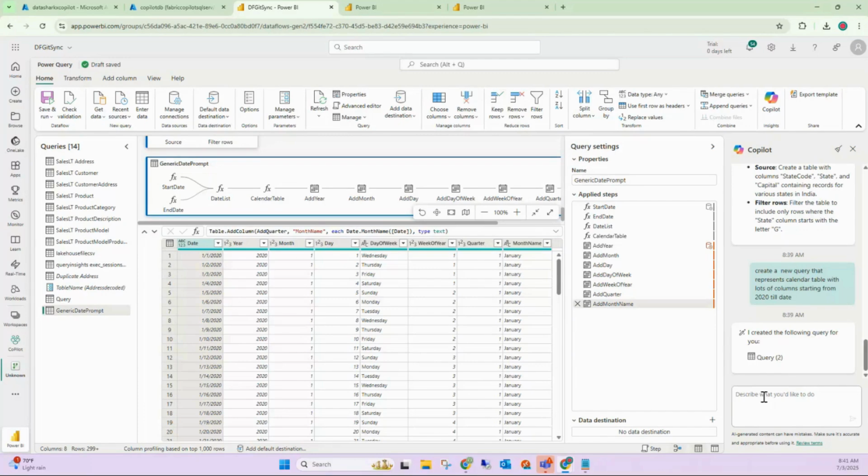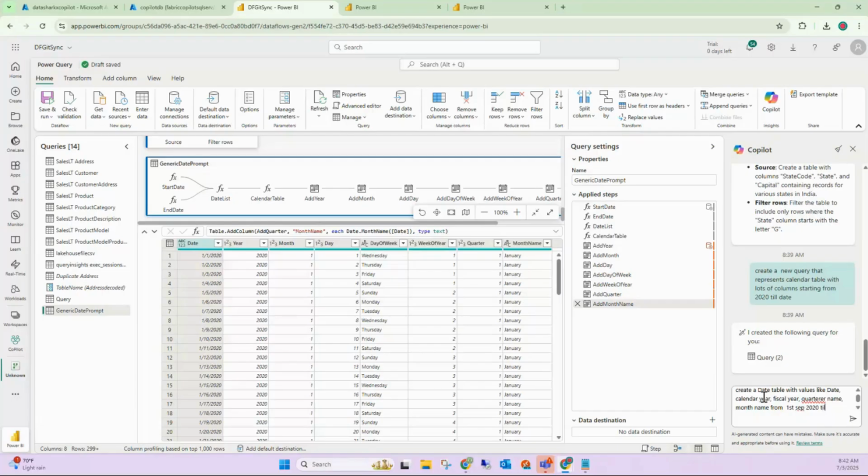But now imagine that I want to have a specific set of columns, correct? So you have to frame the prompt correctly. So create a date table with values like date. I want the date. I want the calendar year. I want the fiscal year. I want the quarter name. I want the month name. Let's say I want to specify that I want it from 1st September